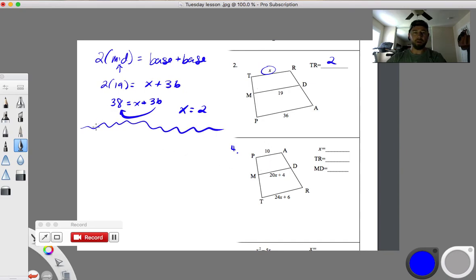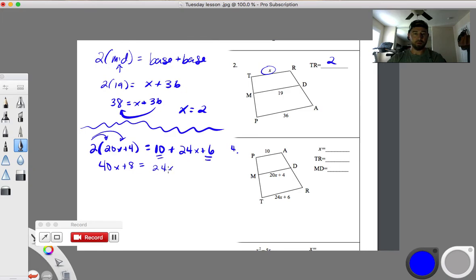Okay, same thing over here. 2 times the middle. What's the middle? 20x plus 4 equals base plus base. Well, that's a base, which is 10. And that's a base, 24x plus 6. Okay, boom, that's what we got. So we're going to actually have to distribute here. We're going to get 40x, is it plus 8, equals, combine like terms,